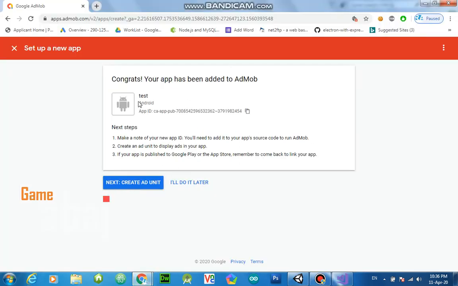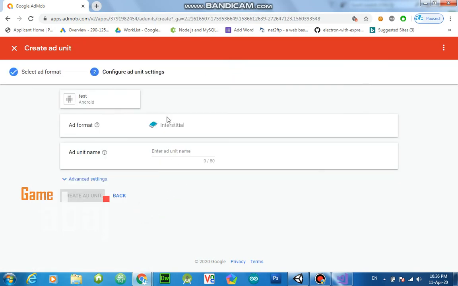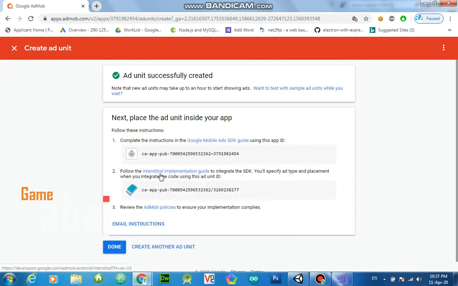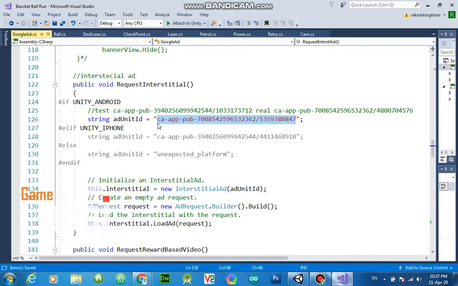Here we just created an app ID, then go next and select interstitial, and here name it interstitial, and create. Then you get this ad ID. This is our app ID and this is our ad ID. So copy this ad ID and paste it here.